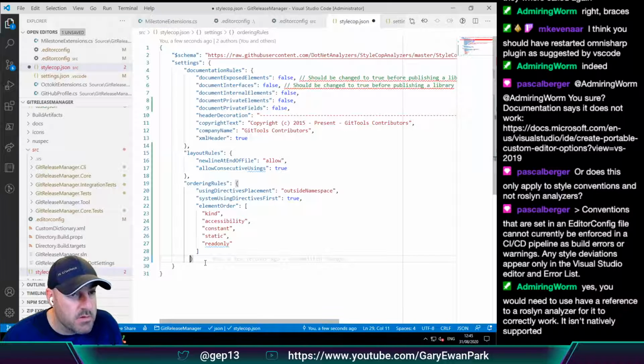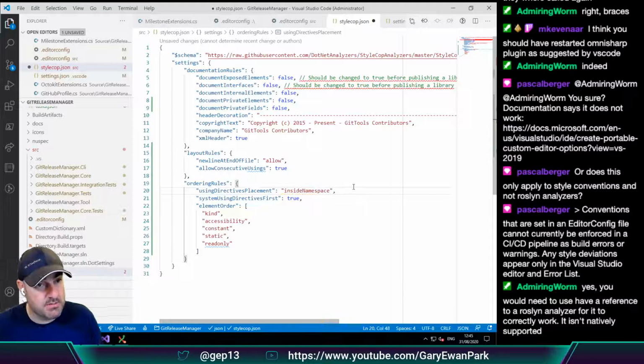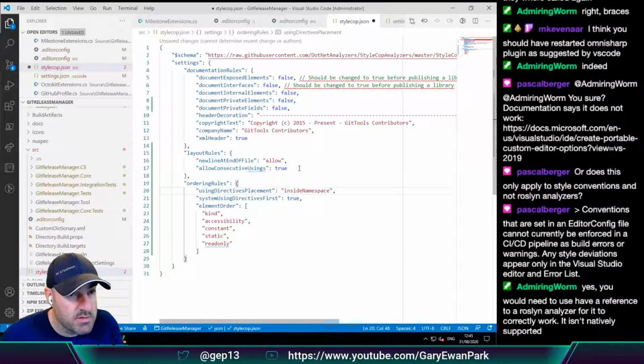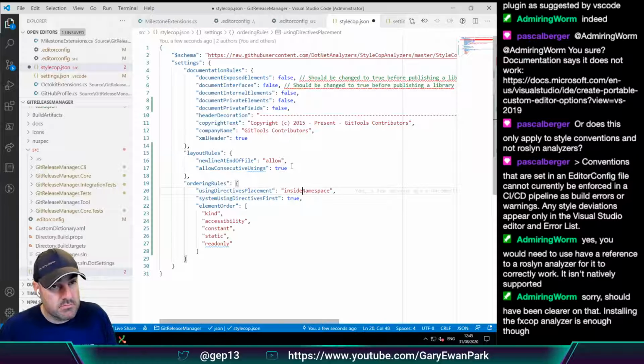Why does that look wrong? So I want to change this to be inside because that's the correct way of doing it. New line at the end of file, sure.